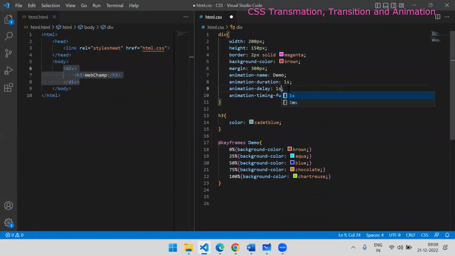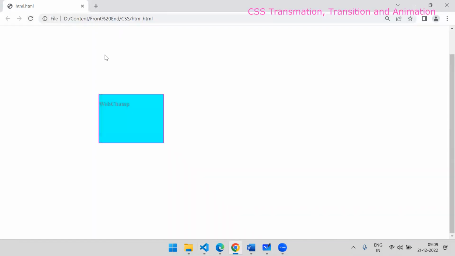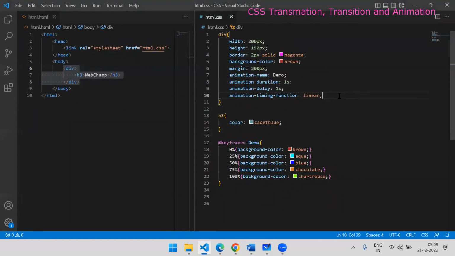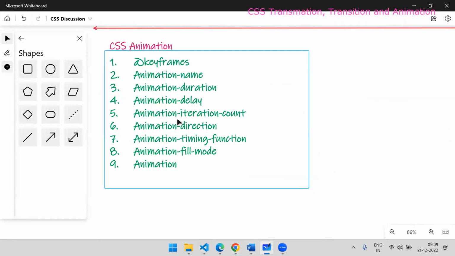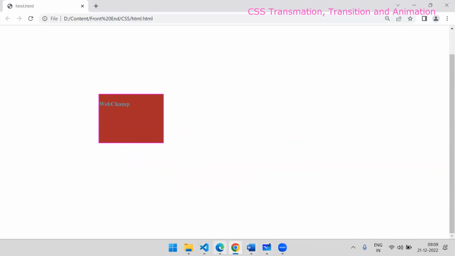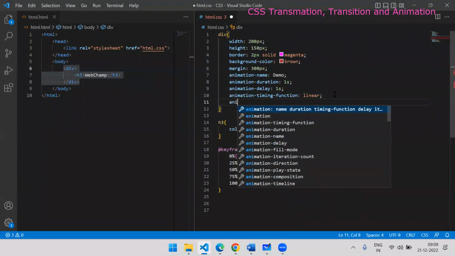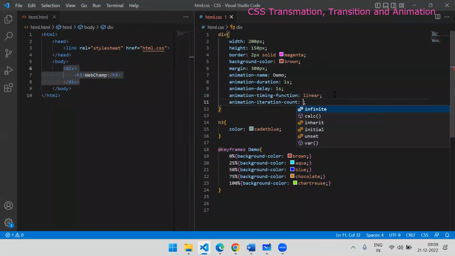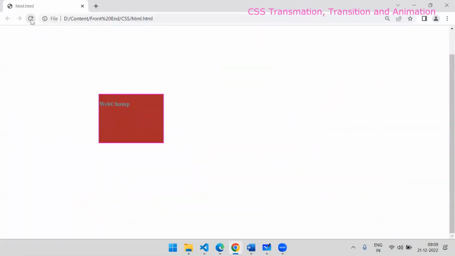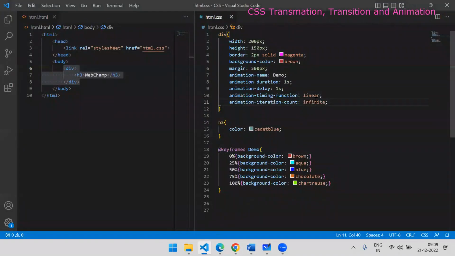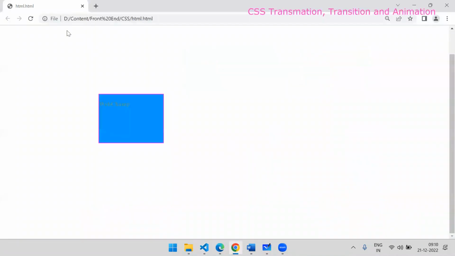1 second. Okay, I will refresh so that it will start immediately. And here you can see. So after that, we have something called animation iteration count. Okay, how many times this animation should be repeated, I have to mention using this property. So I will say animation iteration count, and here I will say infinite. The moment I say infinite, the animation will never stop, it will continue. As long as your page is open, the animation will continue. It will not stop. If you want to perform only two counts, or two times the animation should be repeated, here you can see that